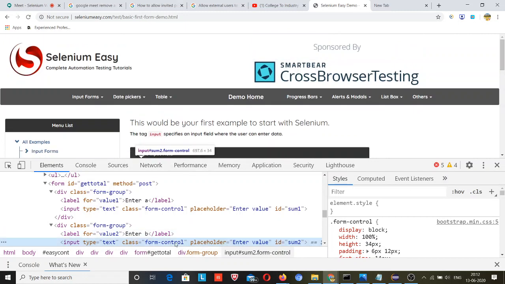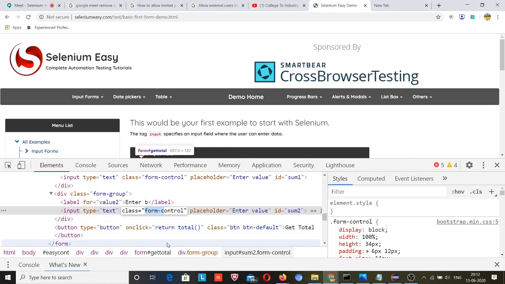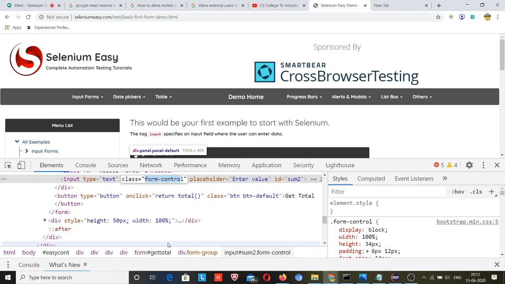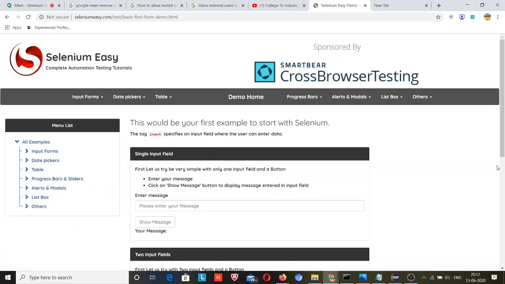I will copy this first. How a Selenium locator works: this will not be a syntax error or coding error. This will run fine, this will work fine.